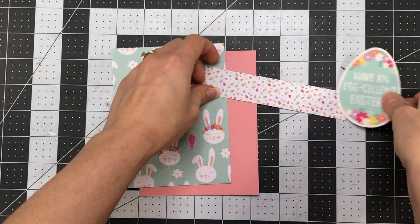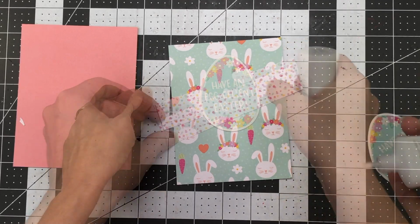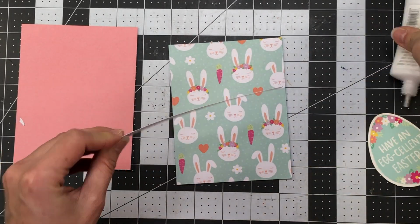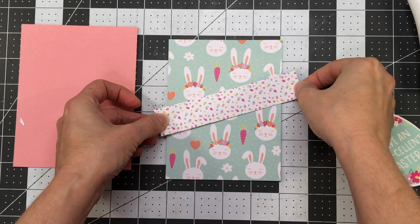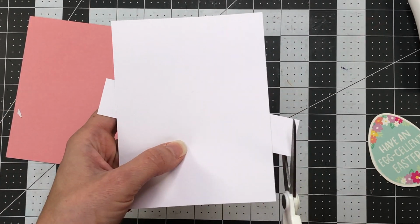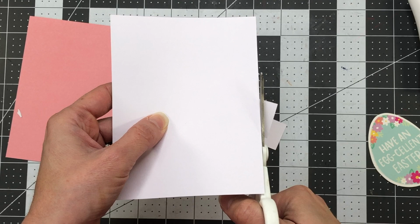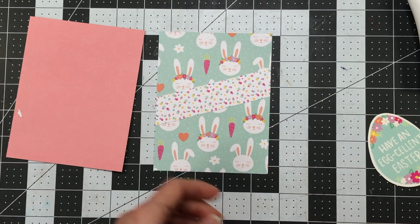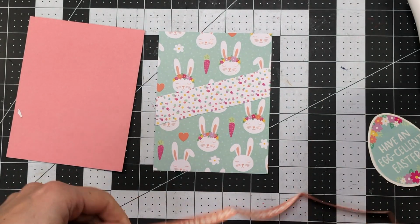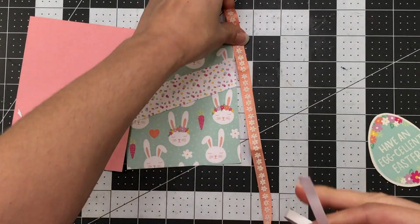The pattern paper in this collection comes in 3 sizes. It comes in a 12x12, 6x6, and 8x8 pad, and I'll be using the 6x6 paper pad and the 12x12 paper pad for my cards today. So I cut that bunny pattern paper down to 4 1/8 by 5 3/8, and then the confetti pattern paper is 5 inches by 1, and I just put the confetti paper at a diagonal across the center of the